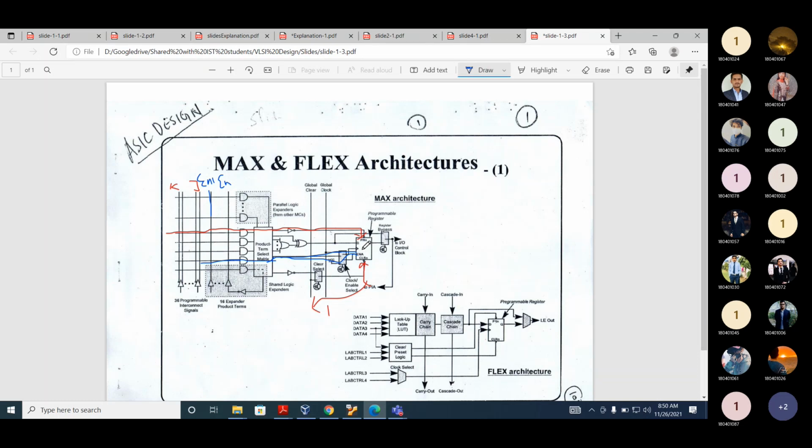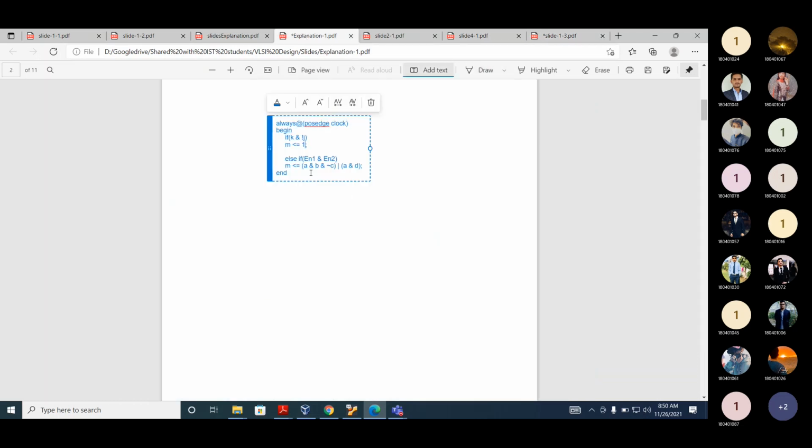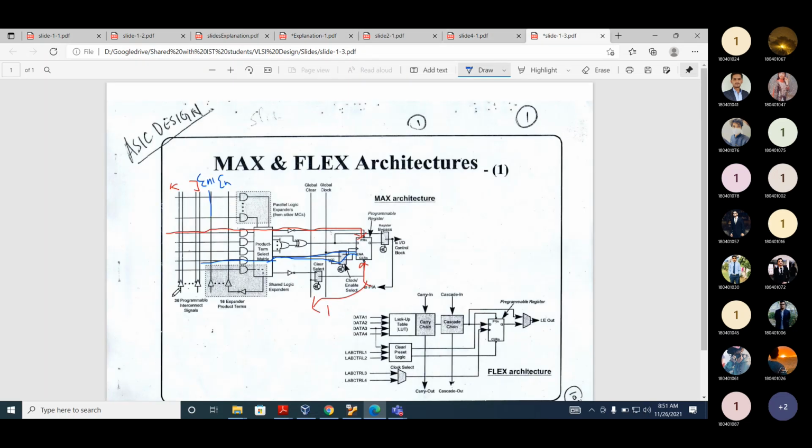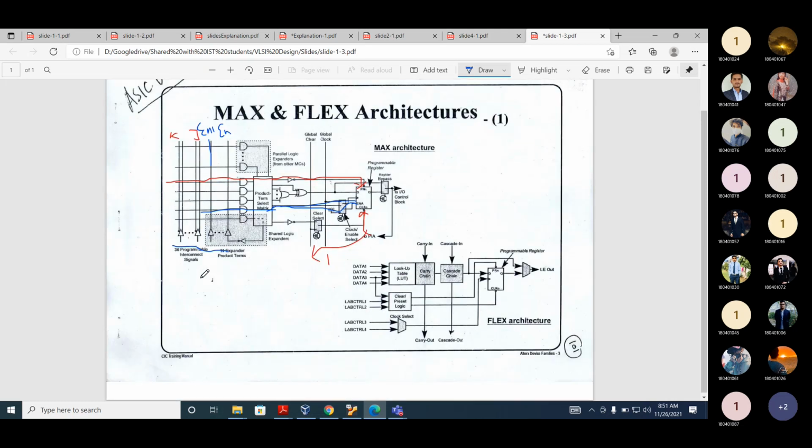Now if you look at the other code, A and B and A and D, how many inputs are used? 4 inputs, A, B, C and D. Actually, we have 36 inputs, not 4 inputs. Here we will have A, B, C and D, and the appropriate inverter, with or without invert logic. So some switches will be retained and some switches will be blown.